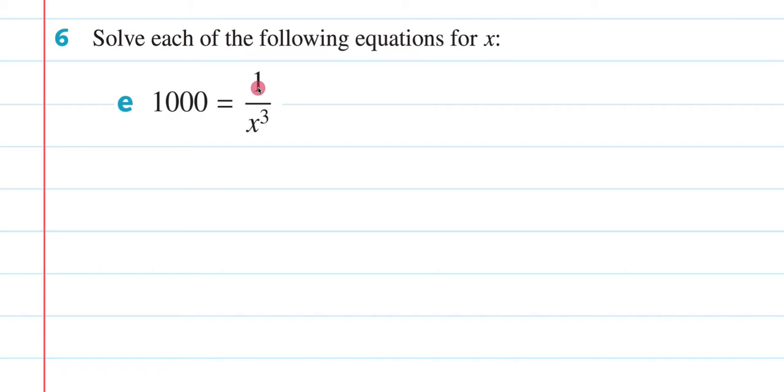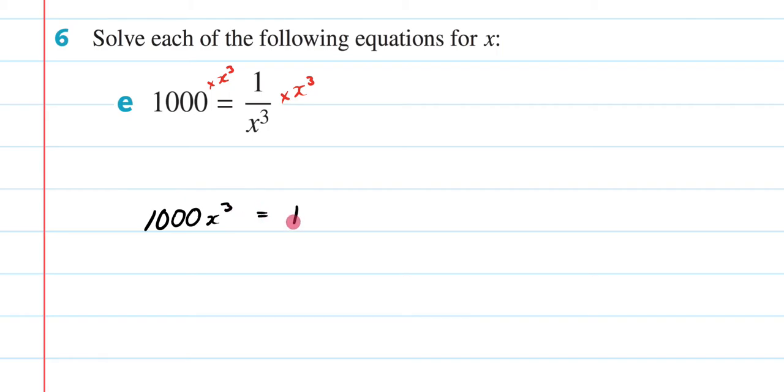So when you are in this situation, it's a bit like the Wild West. You're just going to do what you need to do until you make sense out of the question. So let's just get rid of this denominator here by timesing both sides by x cubed, which is going to leave me with 1000x cubed